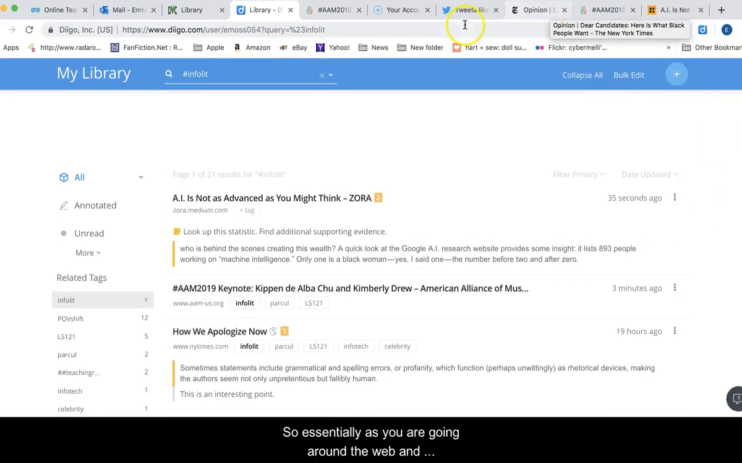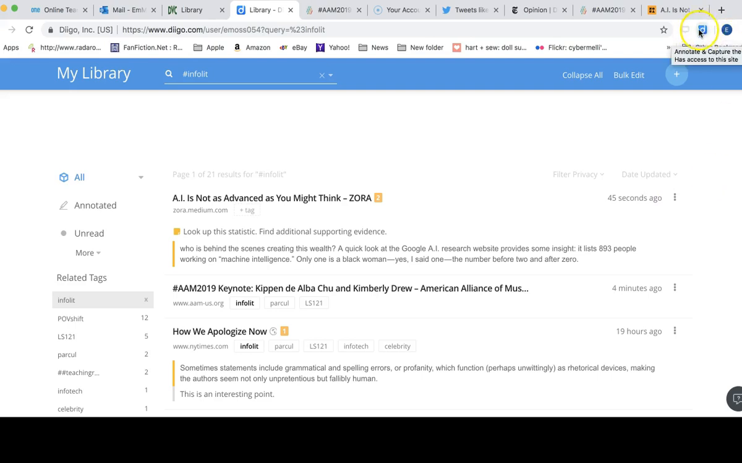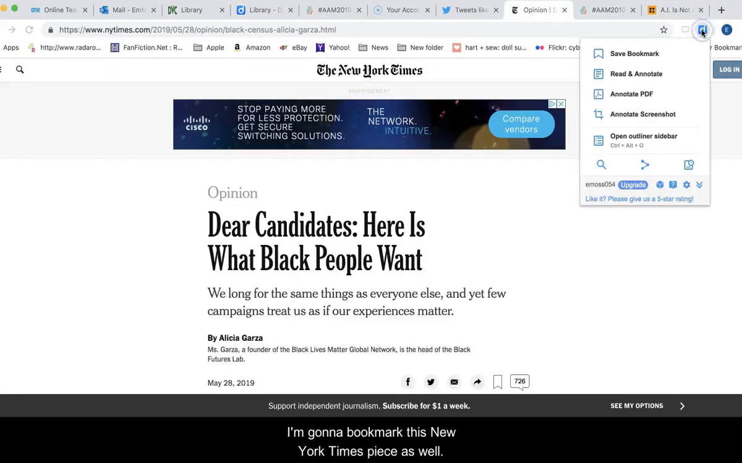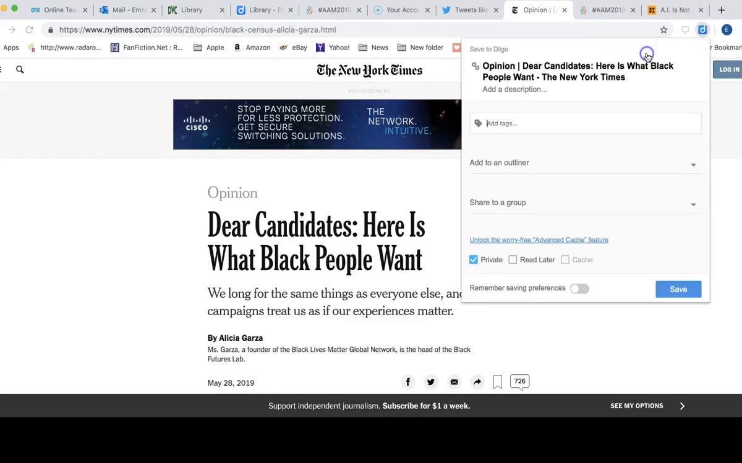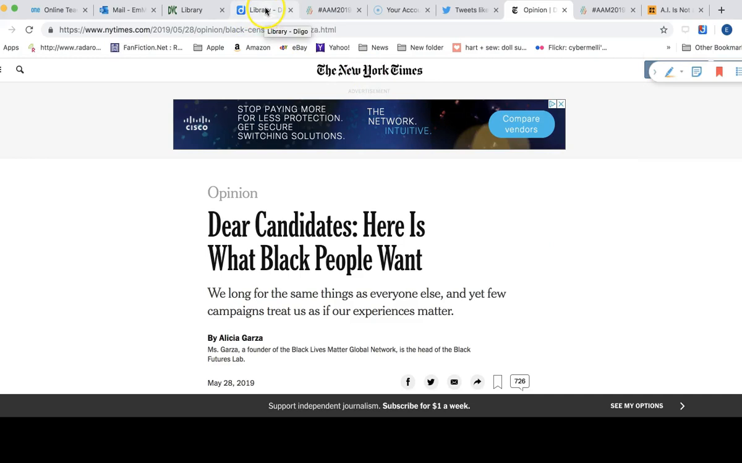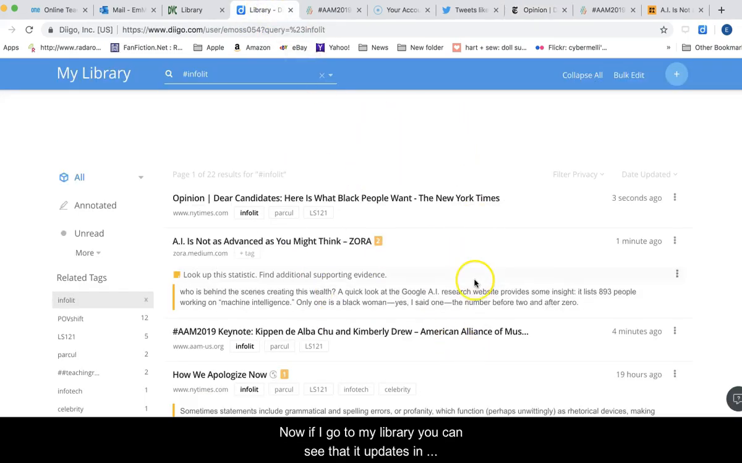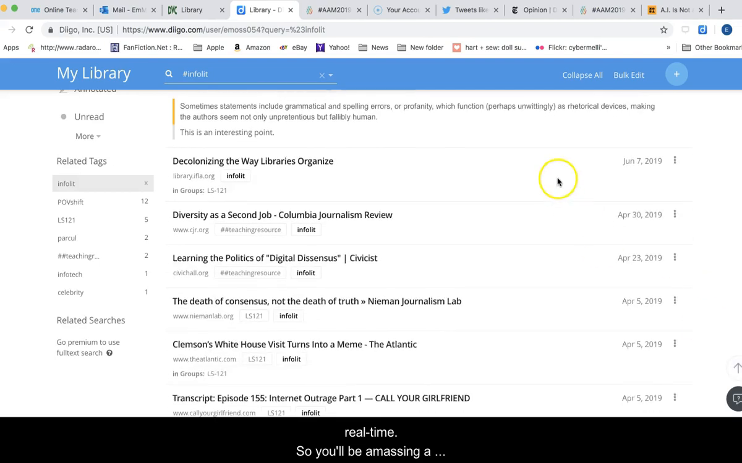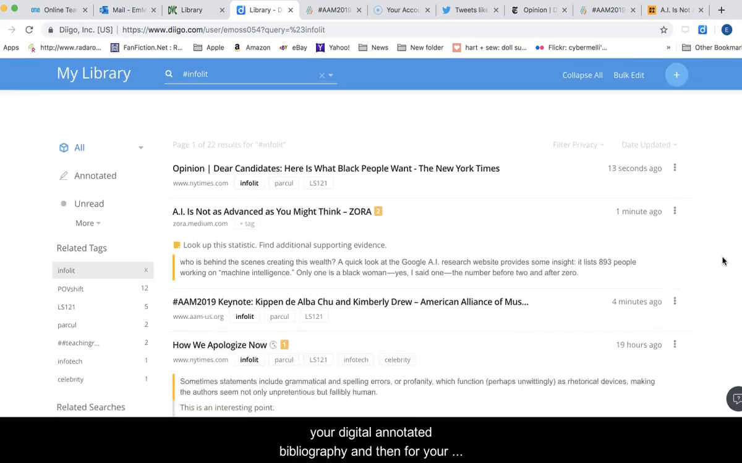So essentially, as you are going around the web and finding information sources that are either interesting to you and or related to your research topic, you're going to use this blue bookmarking tool, this lowercase d. I'm going to bookmark this New York Times piece as well and just add a couple of tags and save it. Now if I go to my library, you can see that it updates in real time. So you'll be amassing a library of sources that you will hopefully be useful to you in your digital annotated